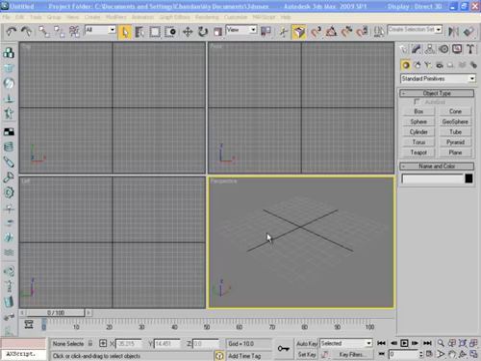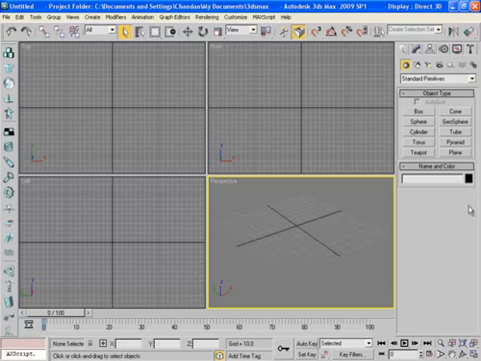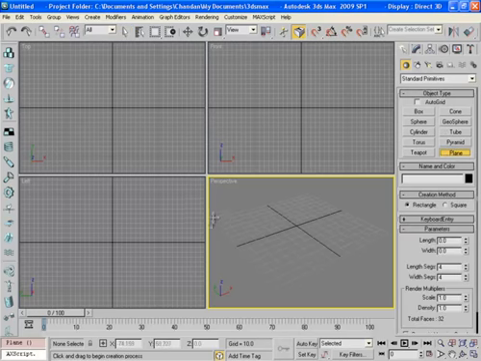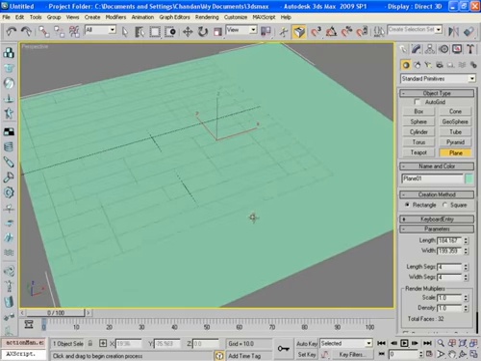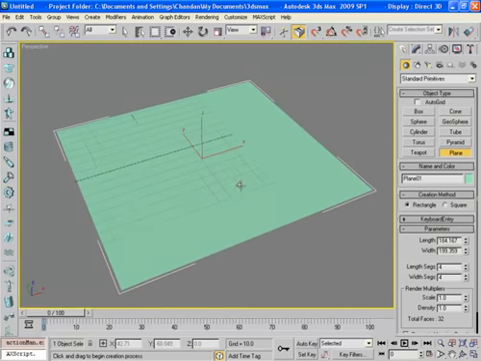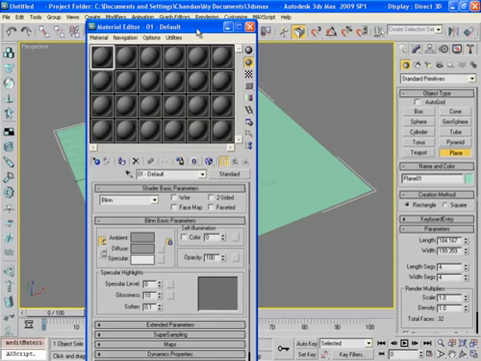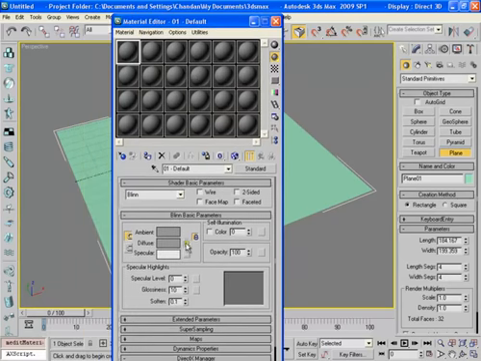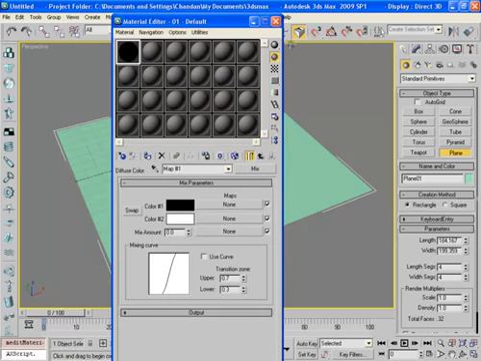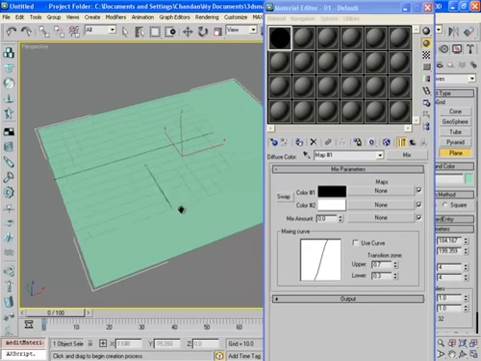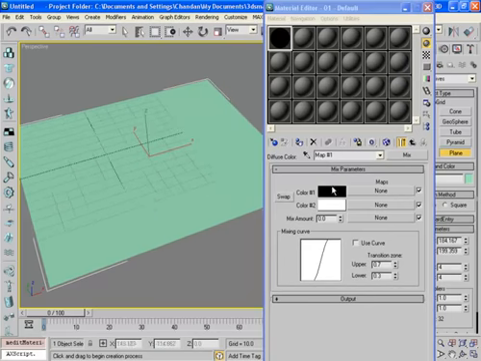In this last video, we will learn about procedural and non-procedural texturing. Let's make a plane first, and here press M to open the material editor. In the diffuse channel, select Mix. Mix works with two colors or bitmaps defined by black and white colors, and this is controlled by mix amount